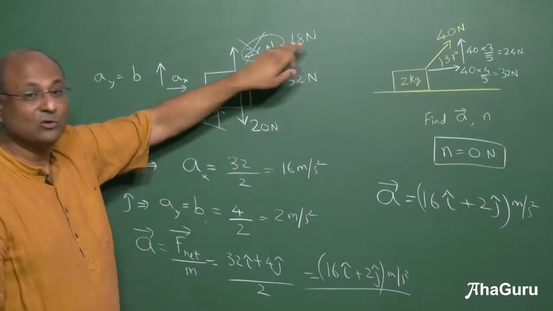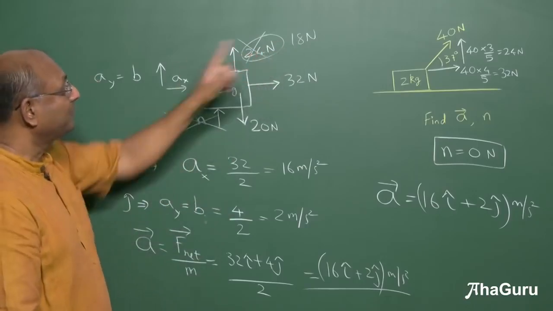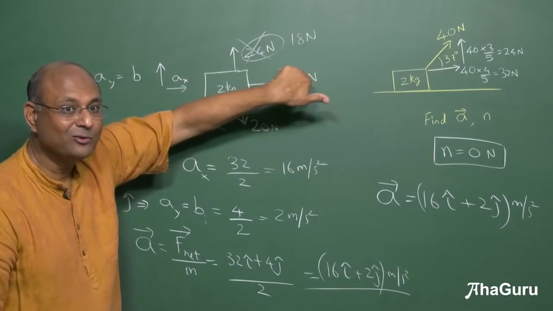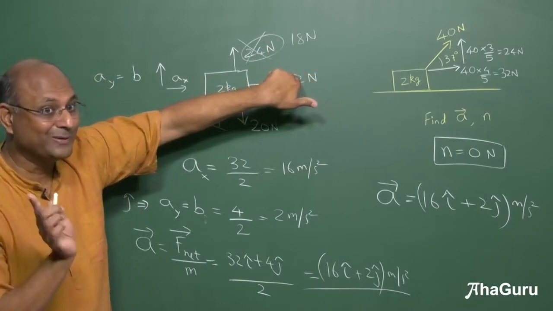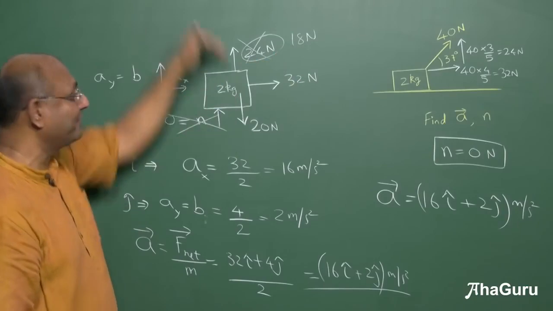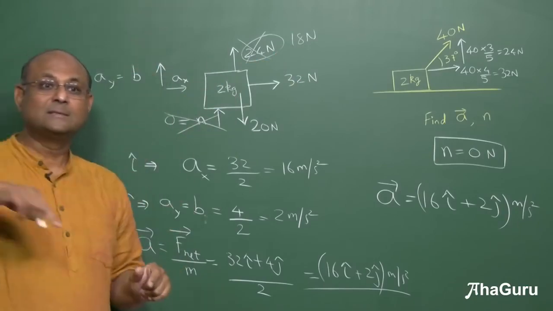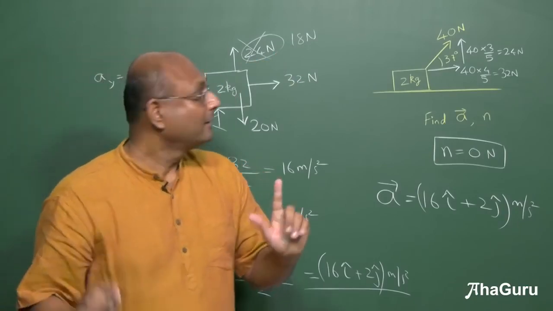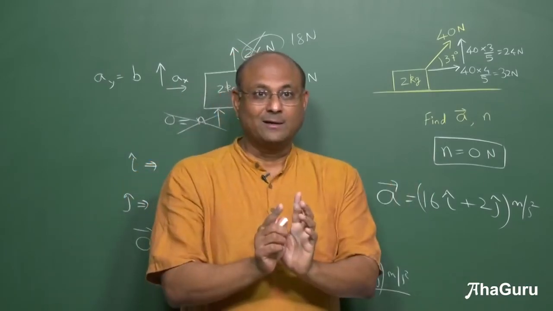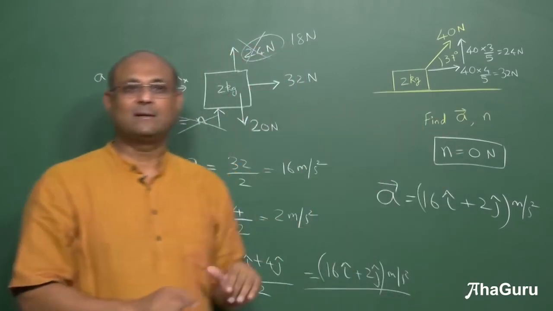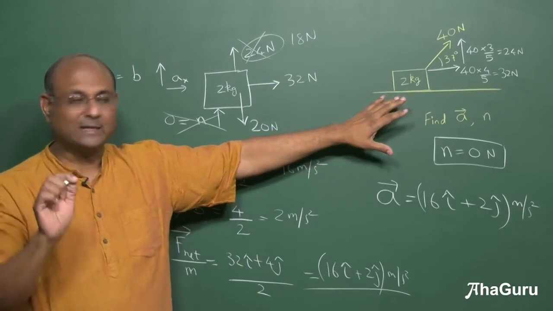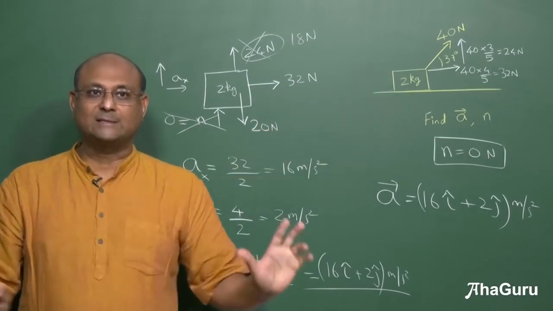Suppose this was 10, normal force 10. Suppose this is 21, normal force is not minus 1, not minus 1. The moment this becomes 21, it's going to fly up. Normal force has become 0. So I hope you keep that in mind. Okay, it's very tricky and very important. Once you understand it, you will see that it becomes quite straightforward. So it takes a little time to understand. So I hope you know how to solve these kinds of problems.